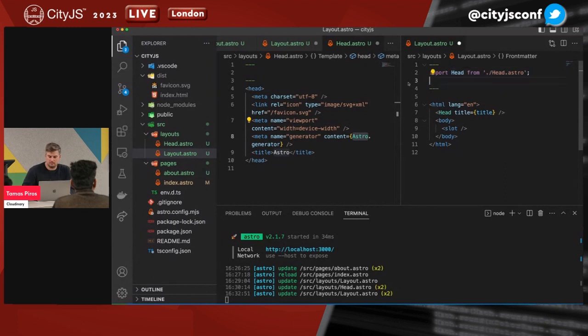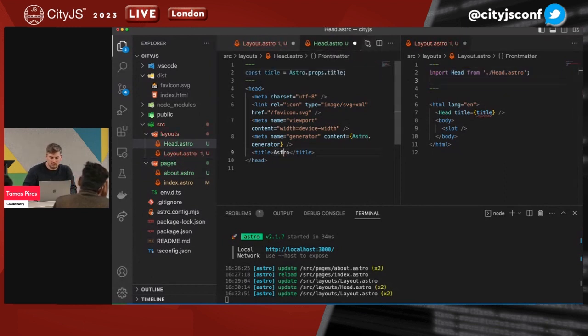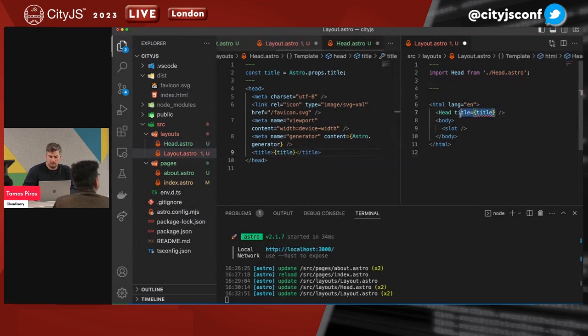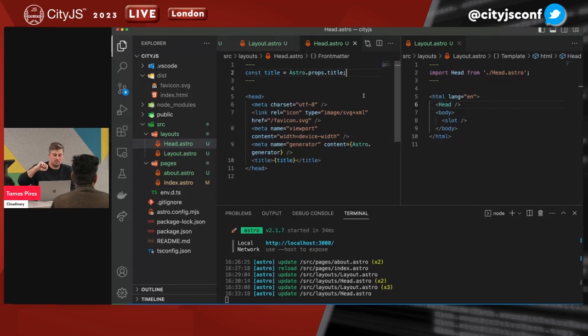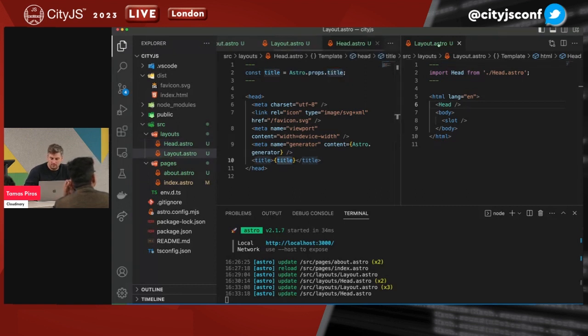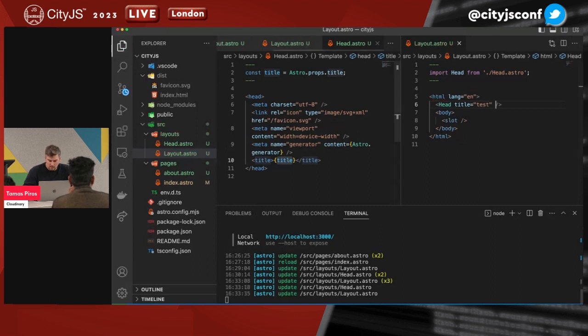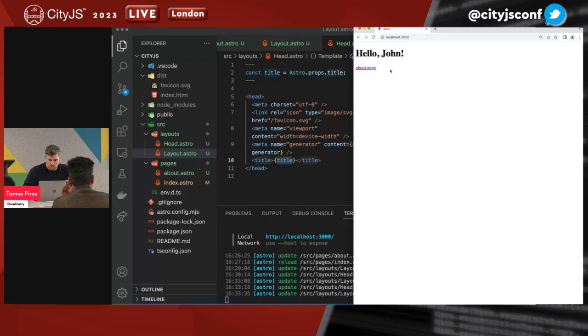That's the overall thing. I want the title in the layout. I want to read it here. And I explained a wrong concept in the wrong file. Okay, so this is head.astro. In head.astro, I want to grab the title as a prop, and then I want to display a title. And so what I can do in my layout prop, I can say title is equal to test. Okay, so if I save, now hopefully the title